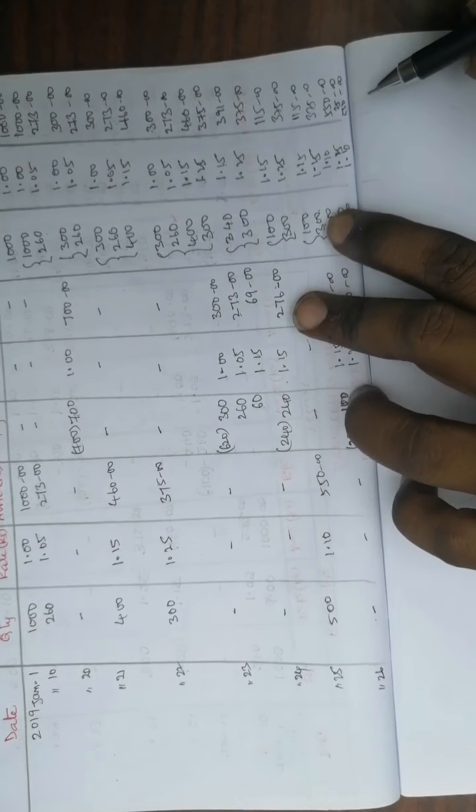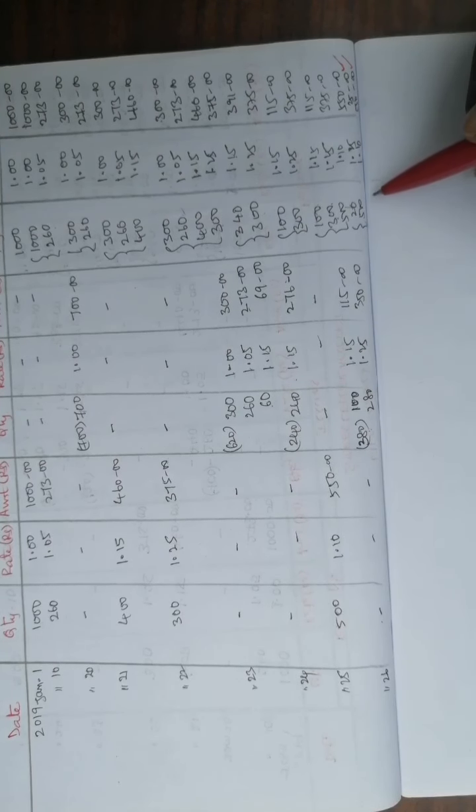This 550, take as it is here. This is the leftover stock after going through the process of issuing 380 units. This 25 rupees is available now. This 550 is also available. If it is not visible, just understand the same figure. This 500 at the rate of 1 rupee 10 paisa, 550 is taken as it is in the last column. This 20 is 20 units taken from here, 300 minus 280 units, so 20 units left at the rate of 1 rupee 25 paisa, which is 25 rupees.